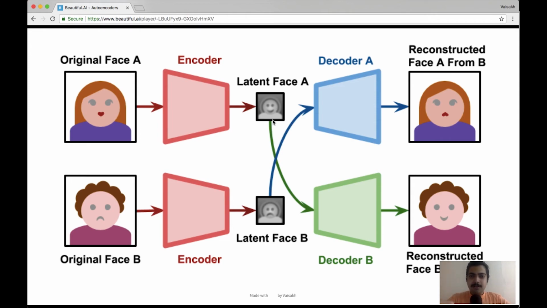All the features which are general to both the faces, it takes those features, and the only thing that decoder B knows is to take those features and construct the face B. So what happens is this face is somehow morphed onto the other face, face B. So all the essential features are retained, but the face looks like face B. And this is the genius of deepfakes. And the details of how it's used, like I said, are not beautiful or elegant by any means, but